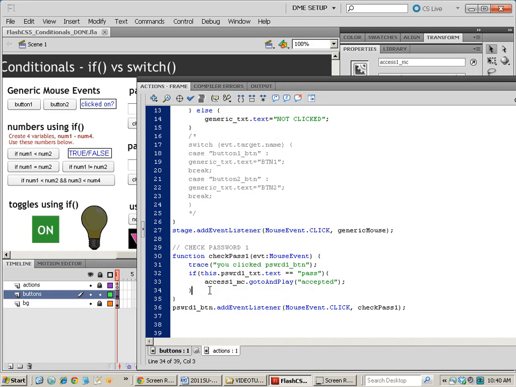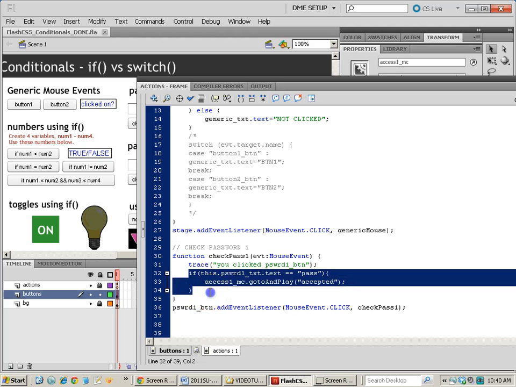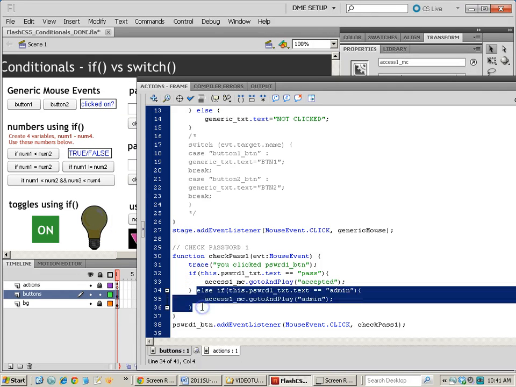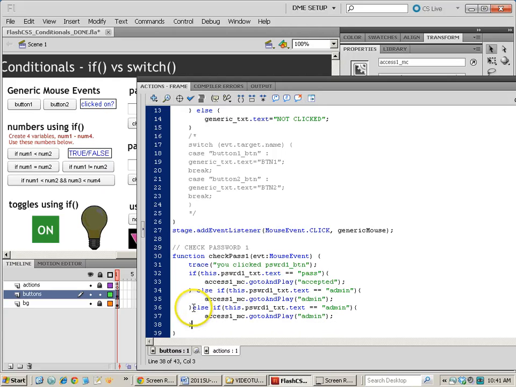Now we can start to put additional statements. Maybe that one is not correct. So I'm going to add another one here, and I'm going to use an else if. That way it continues to go on. If it equals admin, let's go ahead and press go to admin. Now, if it is not correct, we need to have something. So I'm going to copy that again, and I'll put in else,